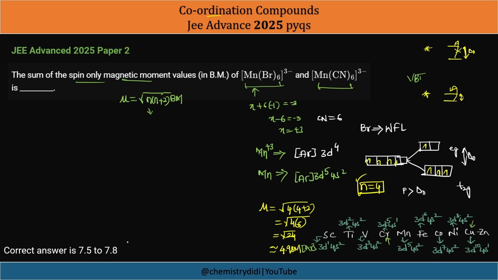And here they have given the range as 7.5 to 7.8. Let's see, do we get that or not? Okay, so now let's talk about this complex, Mn(CN)6 3 negative. If this video is going slow, you can switch to 2x speed and watch it. Okay, so here the coordination number is 6, and here CN is a strong field ligand,